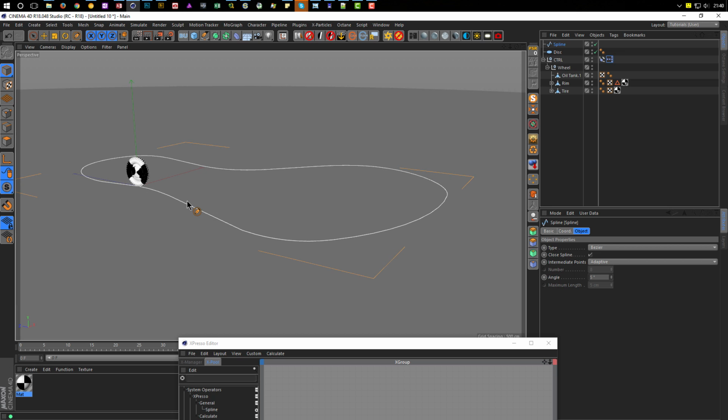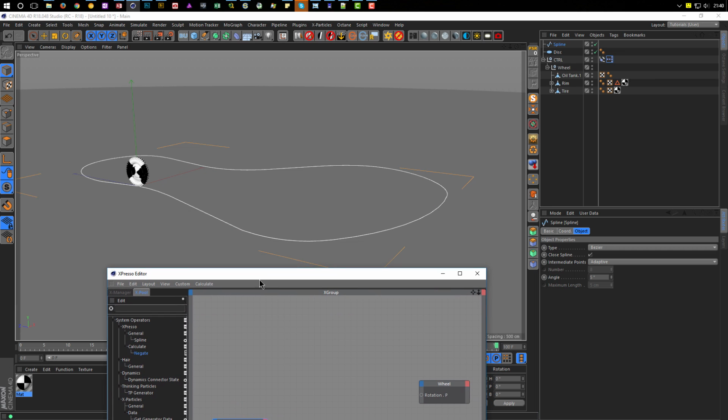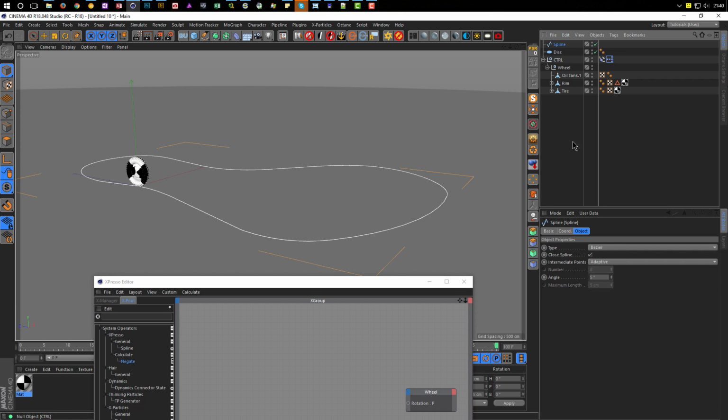So what do we need? First we need to know how long is our spline, and unfortunately we don't have it here in the spline, we have nothing here. We don't see how long is our spline. But we need to know this. And the second one is we need to know how often this wheel makes a full rotation along the spline. So that means we need the length of the spline